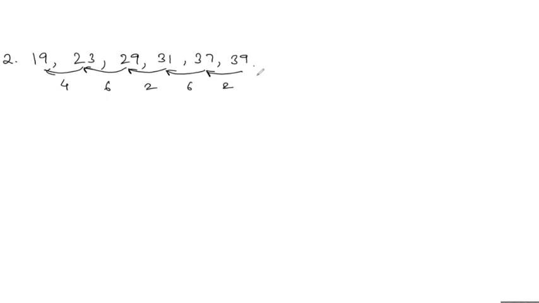Okay. See the numbers pattern. Don't see the pattern. Forget about the pattern. Just numbers. Look, what numbers are they? 19, 23, 29, 31, 37. What numbers are they? First of all, are they all odd numbers? All odd numbers. Am I correct? Yes, ma'am. Okay, so based on odd numbers, we cannot say anything is wrong because all the numbers are odd.